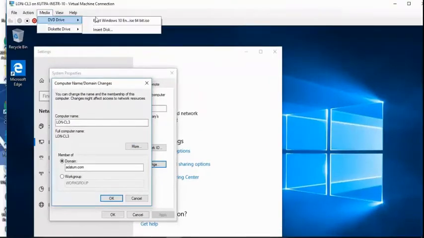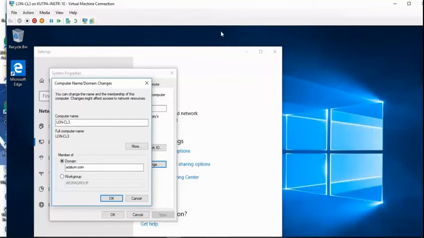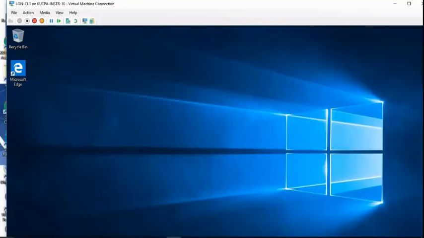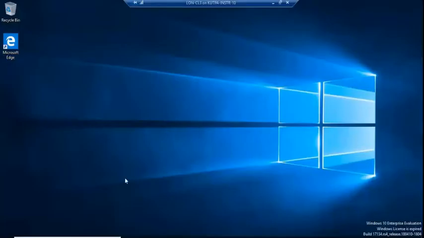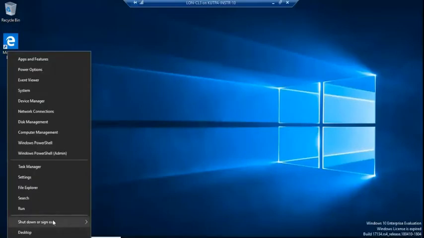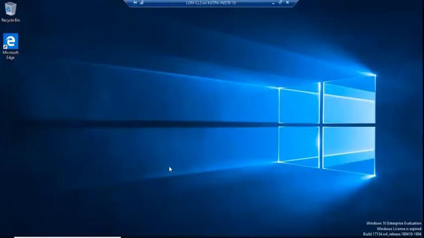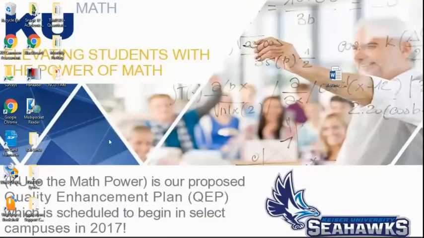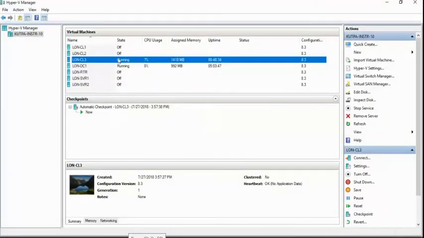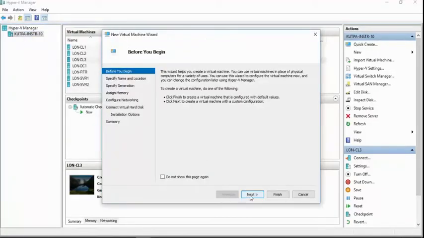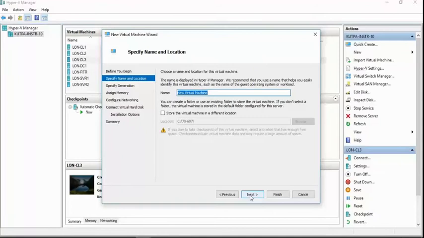Media, DVD, we're going to eject that. Later. Click. Shut down. Go ahead and install our last machine. Right click, new, next, LON-CL4,